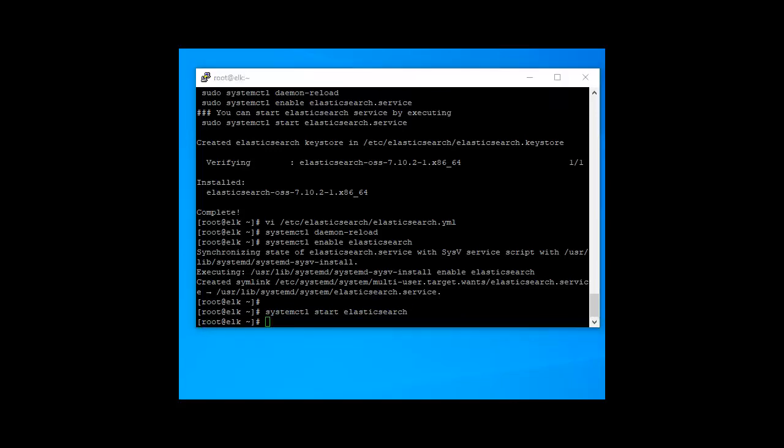So the service is started. Now use the curl command to check and verify that Elasticsearch is responding to queries.